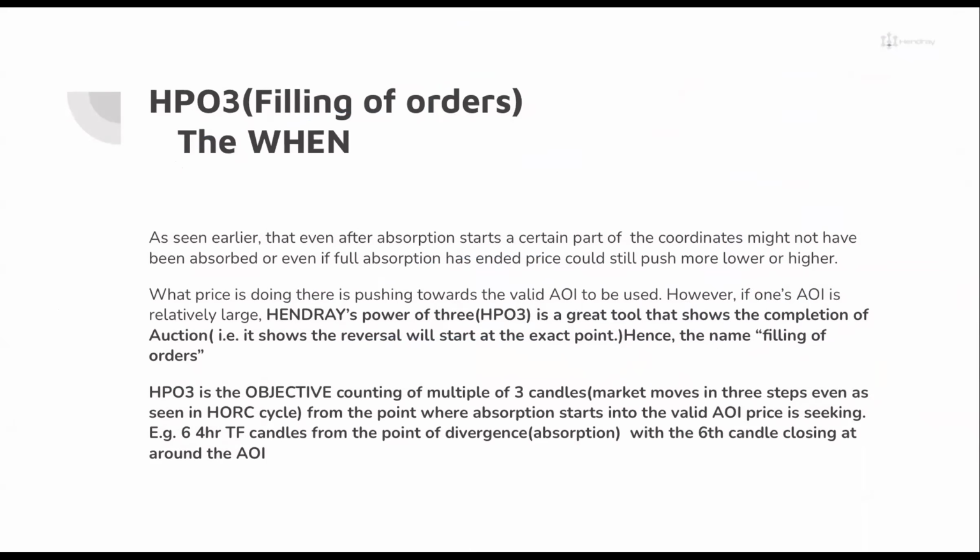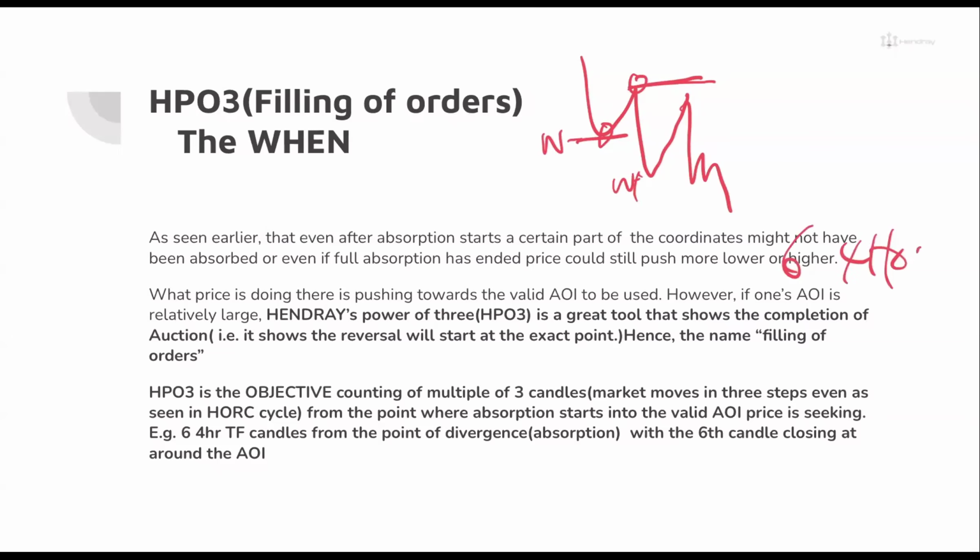That is, for example, if I have absorption taking place here, before this particular I gets rated, maybe absorption towards this I, of course, this low creates this I, and another W minus, W plus. So HPO3 for the buy will start, HPO3 will confluence. It can be 6 4-hour candles. It can be 9 4-hour candles.